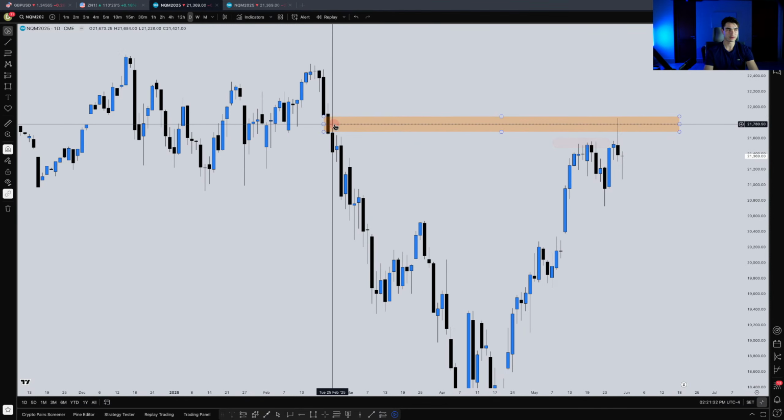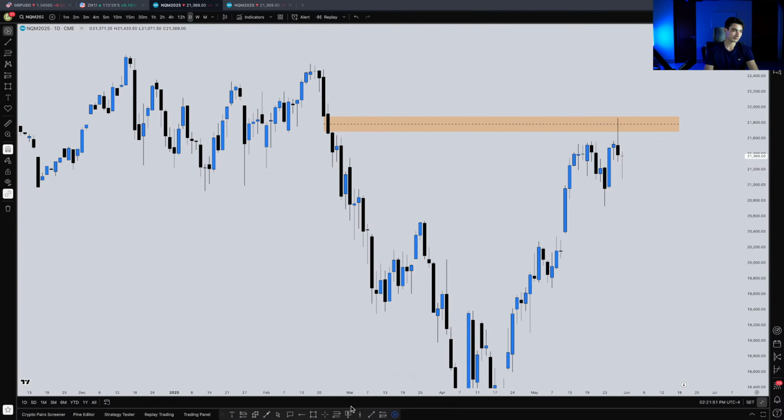Inefficiency here, right? Why inefficiency? Well, again, we have the buy side here that I favor. However, what do we have to contend with before we even get to that? We have fair value gap here and here. So that was delivered really nicely last week. And then they just absolutely sunk it after trading into that level. So daily fair value gap traded up into, and then it's absolutely cratered this thing to the downside, back into this down close candle.